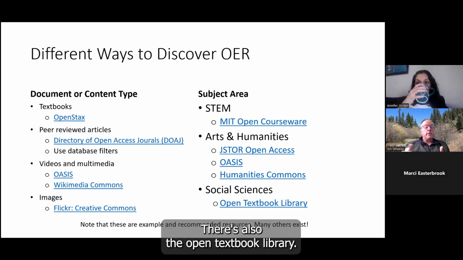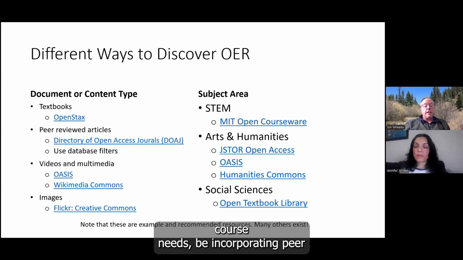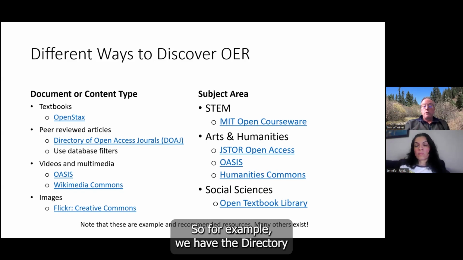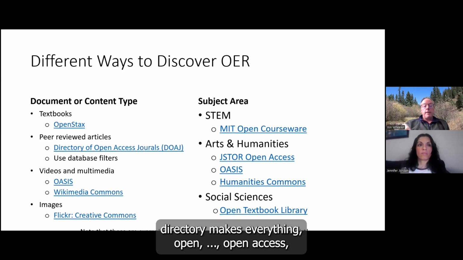There's also the Open Textbook Library. You may, depending on your course needs, be incorporating peer-reviewed articles and peer-reviewed content. And there are ways that you can find open content within the peer-reviewed scholarly literature. So, for example, we have the Directory of Open Access Journals, where every journal listed in that directory makes everything open access